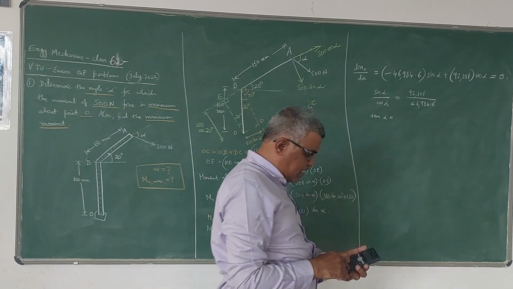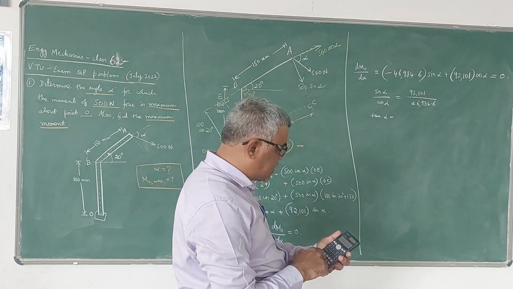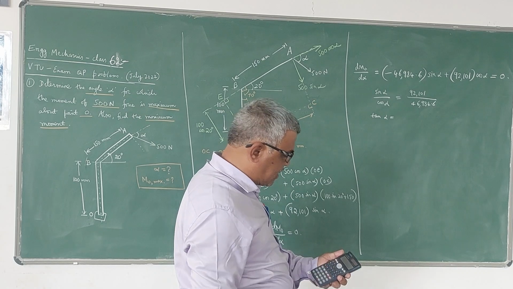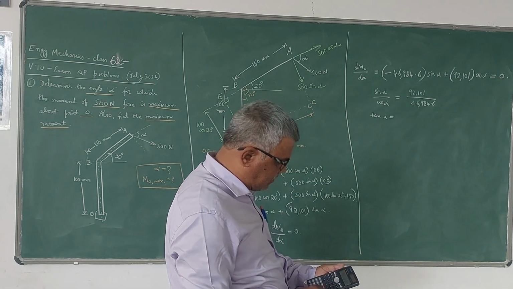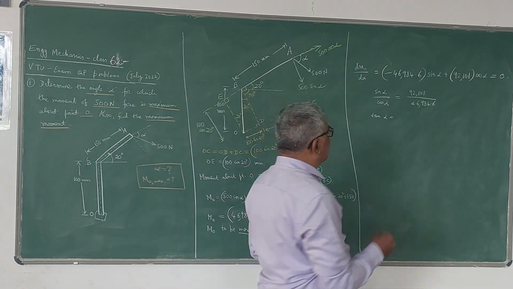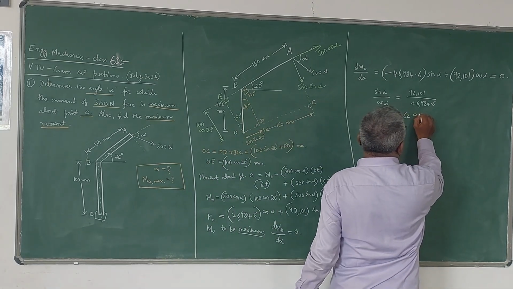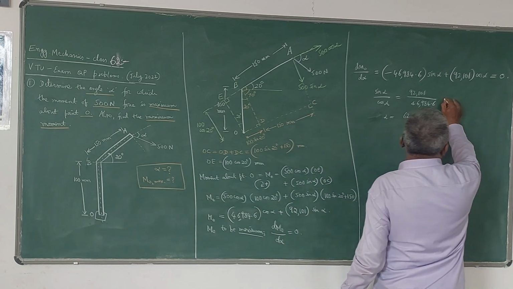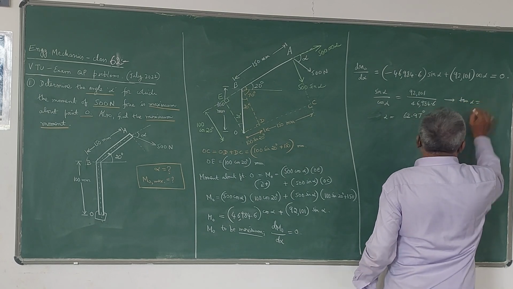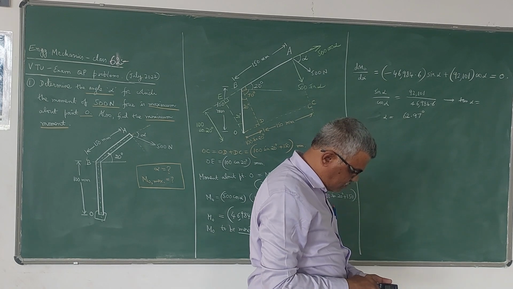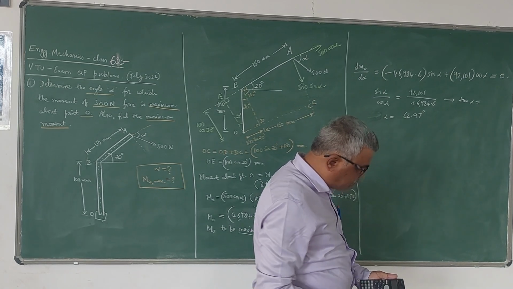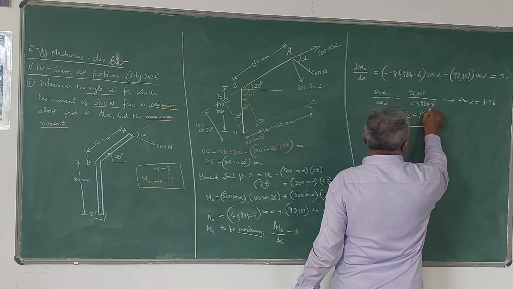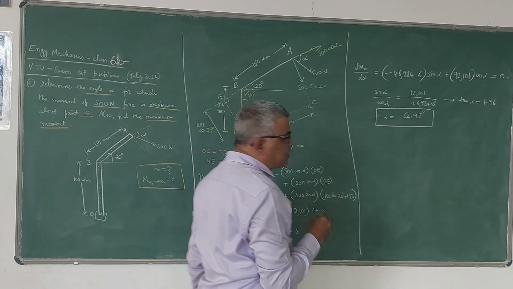Therefore tan alpha is this divided by 46,984.6, which is 1.96. Therefore alpha is tan inverse of that, that is 62.97 degree. So this is the value of alpha